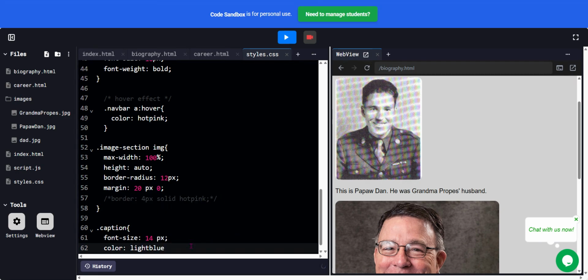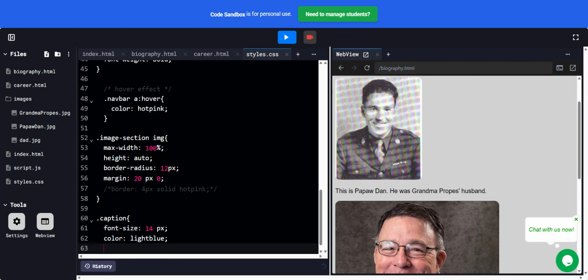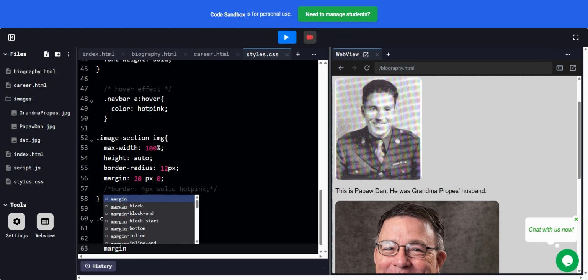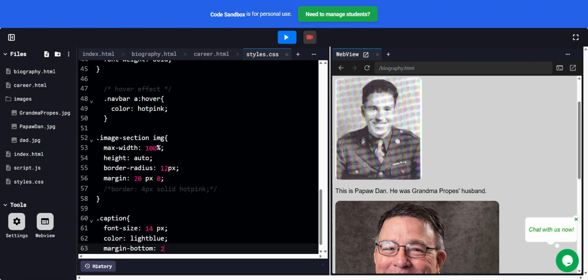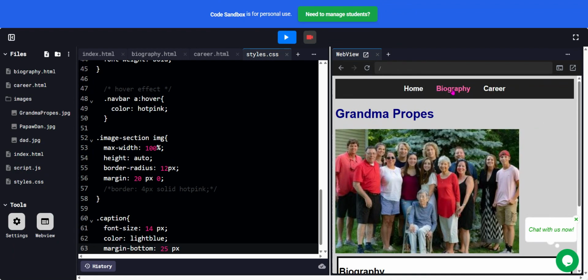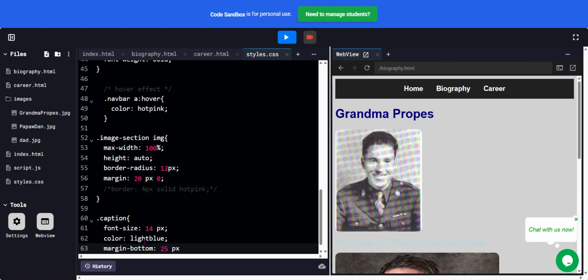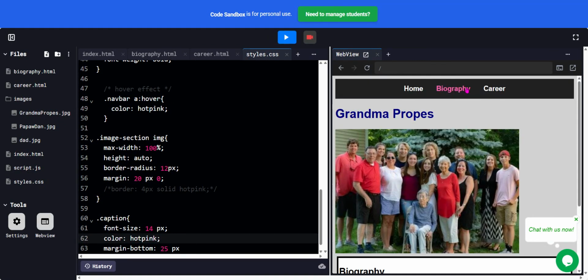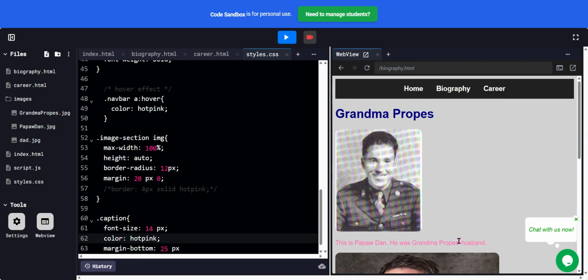Actually, I'm going to do light blue. And then I can say margin bottom is going to be 25 pixels. So now if I do that, you can't see the light blue caption. So let's make that something else. There it is. So now you can see that it's putting a little bit of space between the caption and